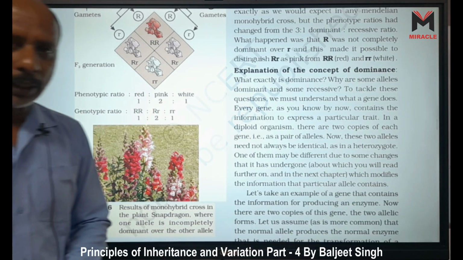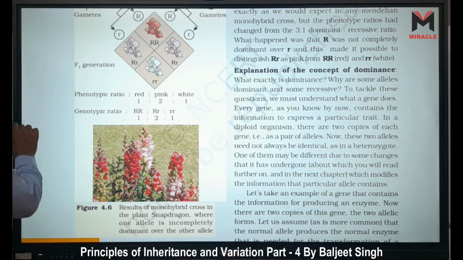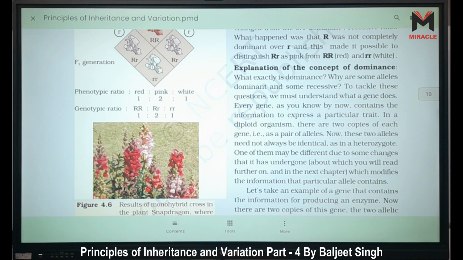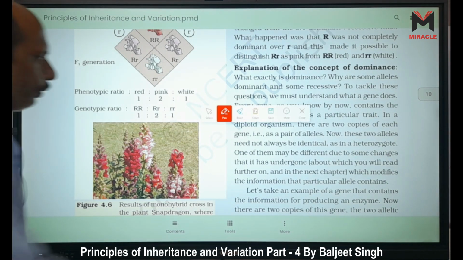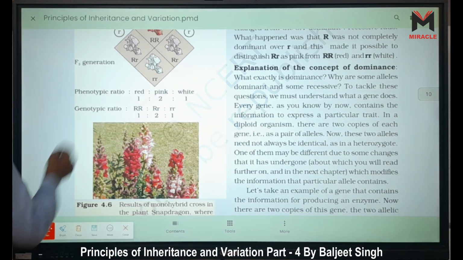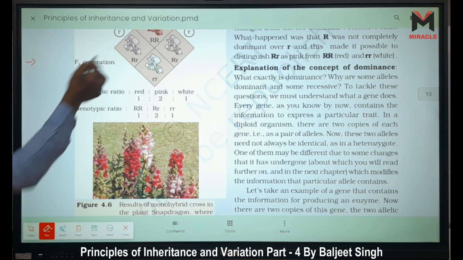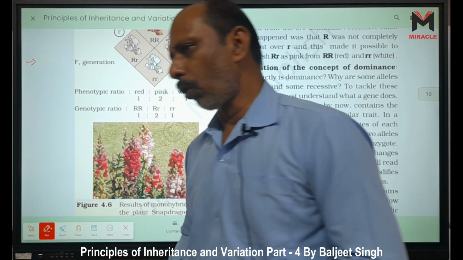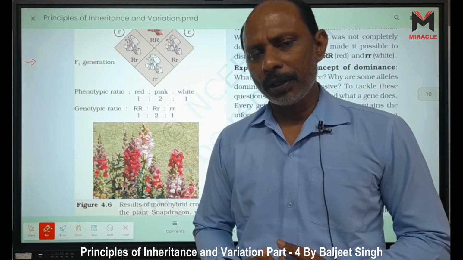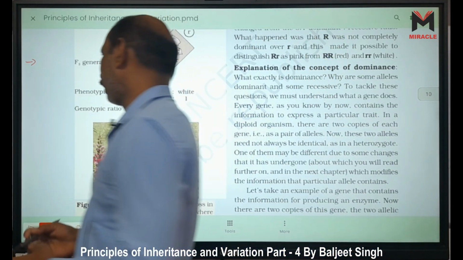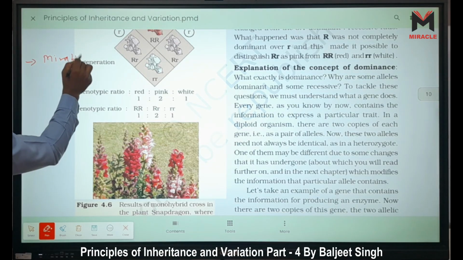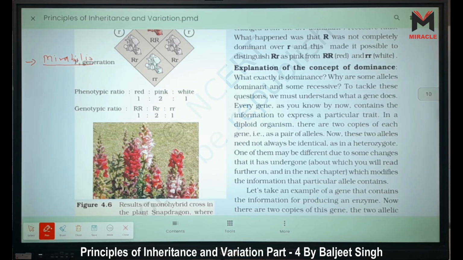Other examples are also there. As for example, the first is the snapdragon given in our NCERT. The second example is the 4 o'clock plant, commonly called the 4 o'clock plant, or another name of this plant is Gulmehndi, right? The scientific name is Mirabilis. Here in Mirabilis, or we can say 4 o'clock plant,